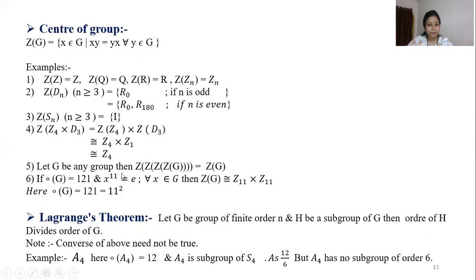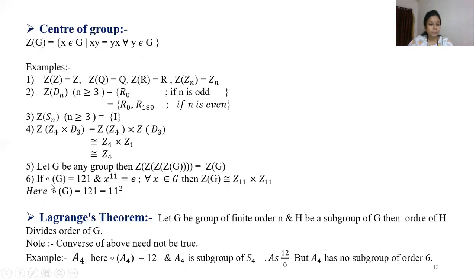Next example: suppose G is any group, then find the center of the center of the center of the center of G, four times. As the center of G is abelian, and if any group is abelian, its center is the group itself, the center of the center of G is the center of G itself. Again, taking it one more time, we obtain the center of G. Any number of times, we obtain the center of G itself.